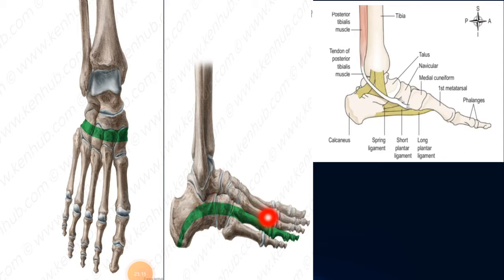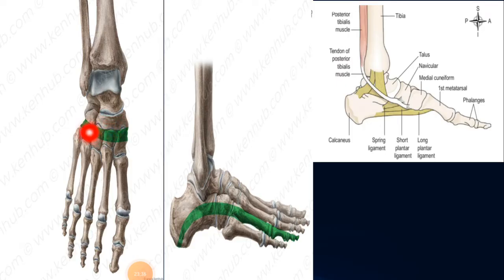This is the longitudinal arch lying on the lateral side, so we will call it the lateral longitudinal arch, and the one that is on the side of your big toe, we will call that the medial longitudinal arch. This is the transverse arch, and there are associated muscles and the ligaments as well to support it.